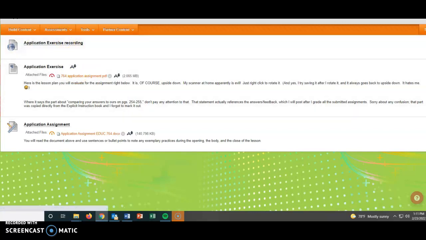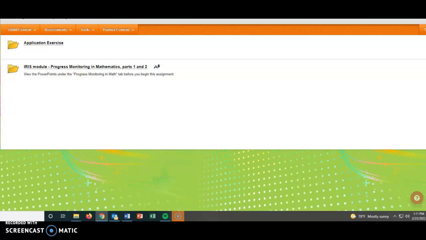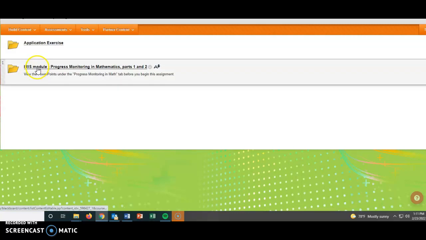And then now for the real purpose of the video. So under the assignments tab, you will see the tab that says IRIS module progress monitoring and mathematics parts 1 and 2. All right, so you're going to click here. And I also said view the PowerPoints under the progress monitoring and math tab before you begin this assignment. So that is a tab on Blackboard on the left, but because y'all know how nice I am, I also included all of that, maybe, JK, maybe,